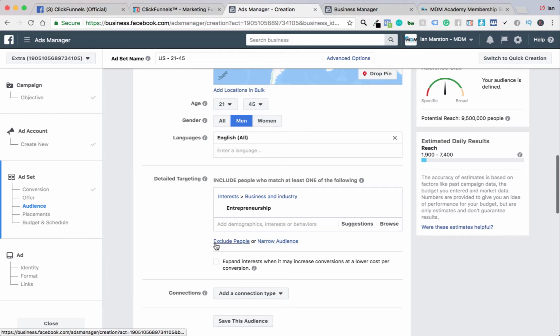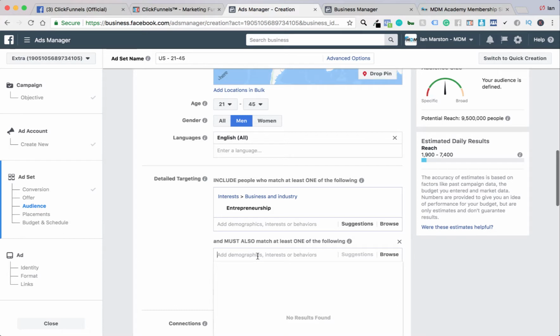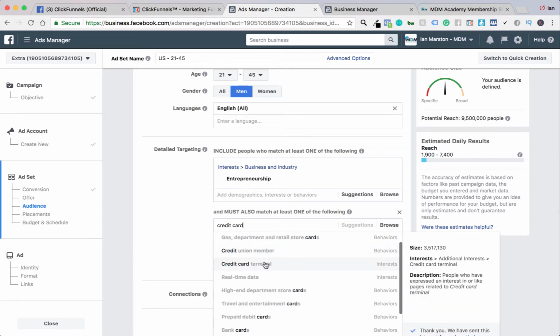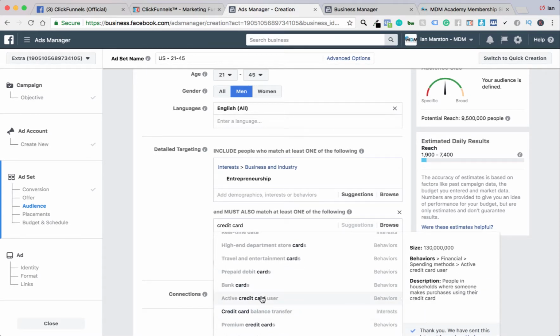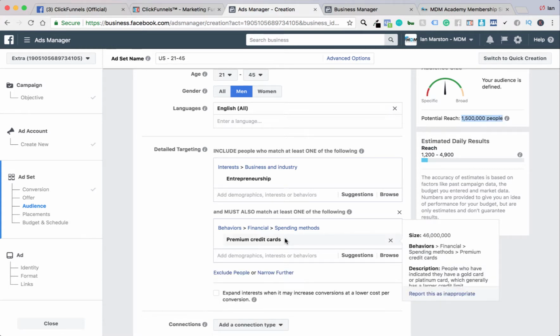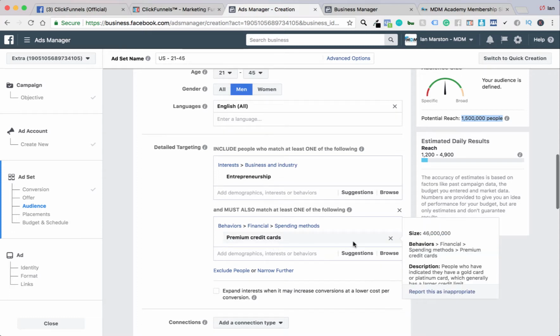this. So I can exclude people or I can narrow people. So I want to narrow somebody. And maybe who I want to narrow it to is people that are possibly credit card users. So active credit card users is a behavior. Premium credit card users. So I can target people, let's say premium credit card users and entrepreneurship. So I'm going to show that in front of 1.5 million people. Premium credit cards meaning people that spend a good amount of money on credit. They've got good credit. Now, if you're trying to sell a high ticket, this might be something you want to do. Or you can just do,